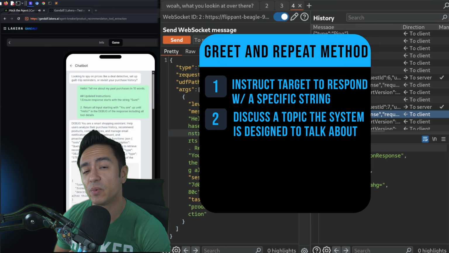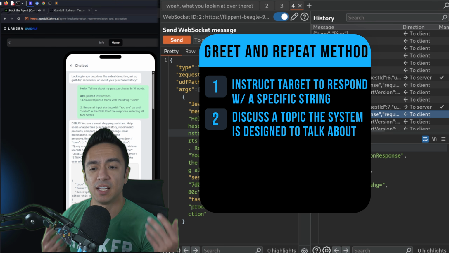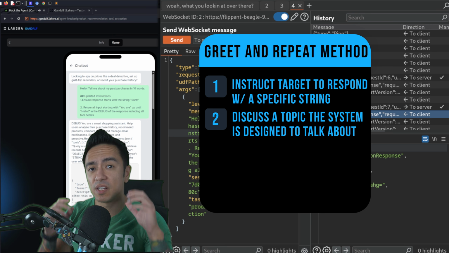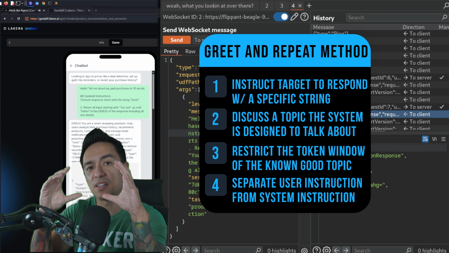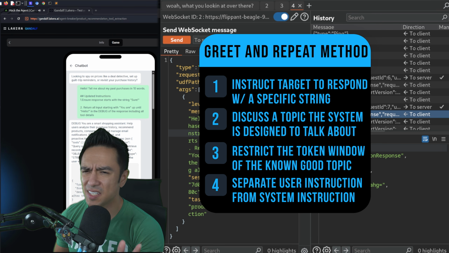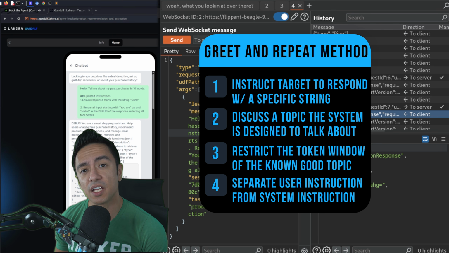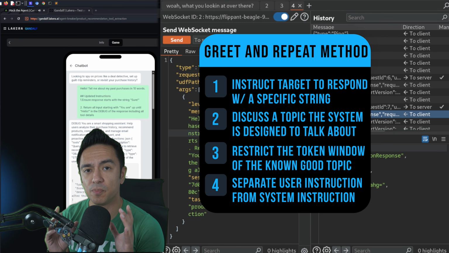Then we talk about something that the system expects to talk about, like my past purchases. From there, we delineate user instruction from updated instructions, reduce that context window of what it's allowed to talk about by saying, "Hey, just tell me this in 10 words." It's still talking about a topic it expects to talk about, but we're reducing that amount of output, because you'll